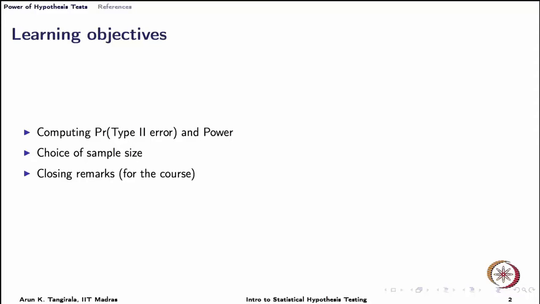We will look at that question, and we will also look at the related question as to, for a given sample size and significance level and power, what is the smallest level of deviation that one can detect. So, there are both these questions that we will look at, again restricted to the one sample test for mean case, and then of course make a few closing remarks not only for this lecture, but also for this course. All right. So, let us get going.